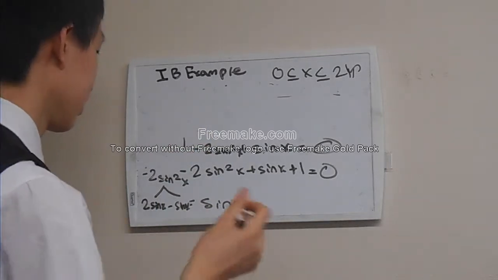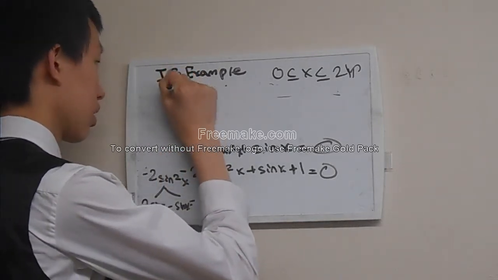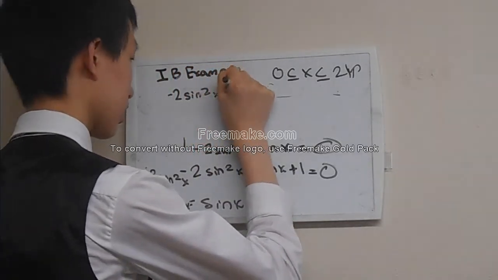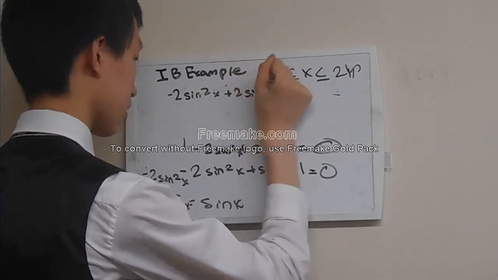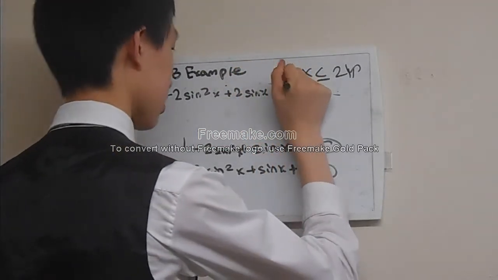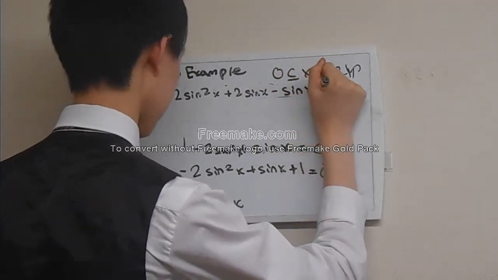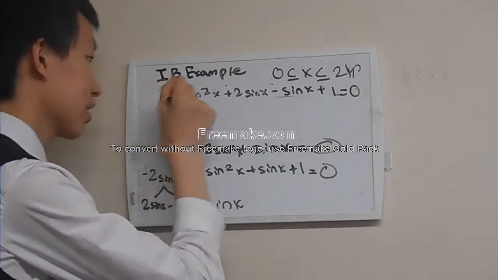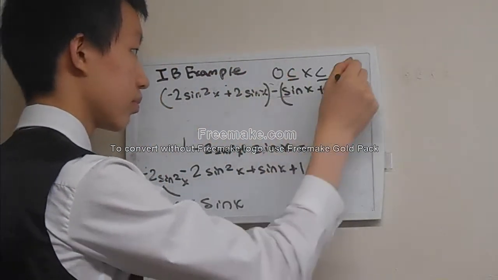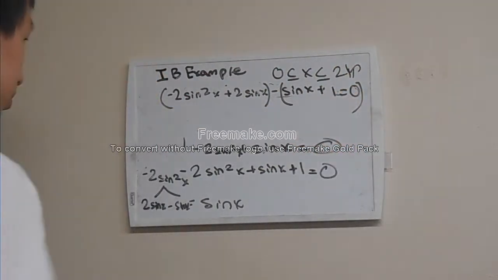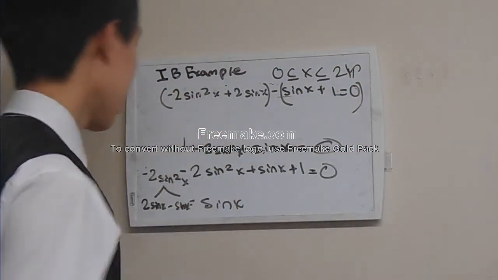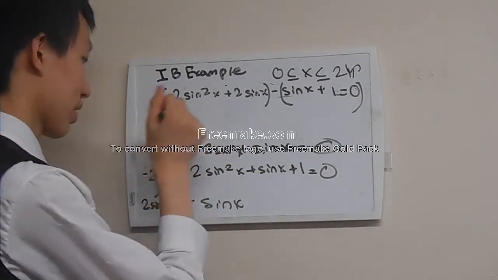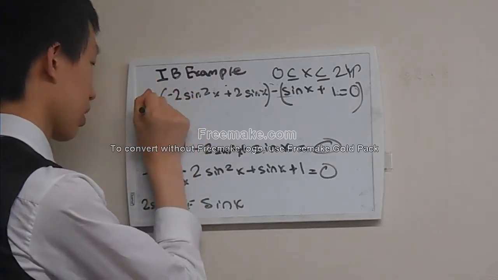So now we would have negative 2 sine squared of x plus 2 sine of x minus sine of x plus 1 equals 0. From there we can cut these 2 off. And now by taking out a negative 2 sine of x, negative 2,